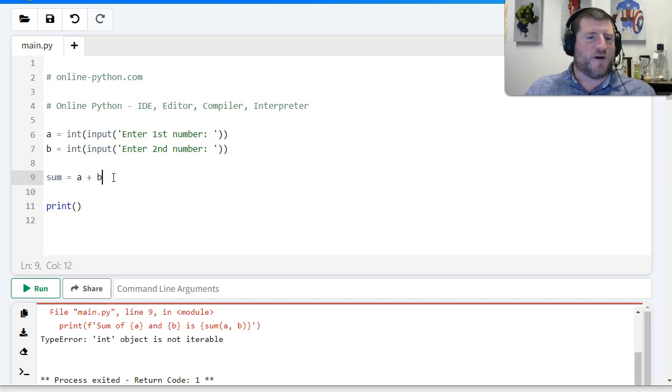So we don't need a function for what was happening, right? The compiler here, Online Python, used a function because it was teaching us, demonstrating the concept of a function, but we haven't learned that yet, so I've deleted it. And all we're doing is we're making a third variable that sums a plus b. And then in the print, we can say the sum of